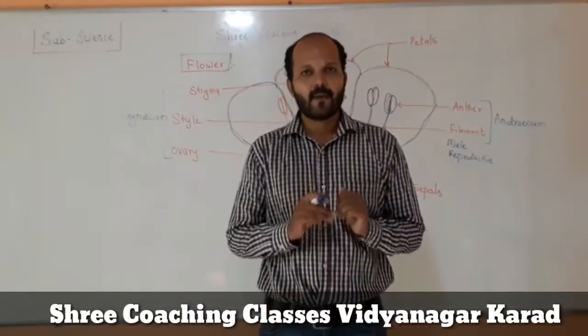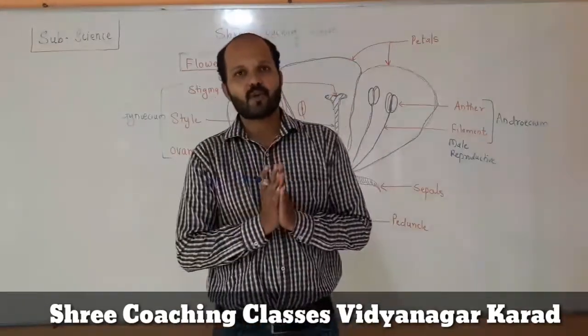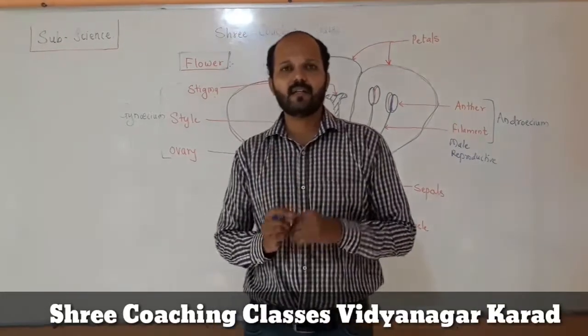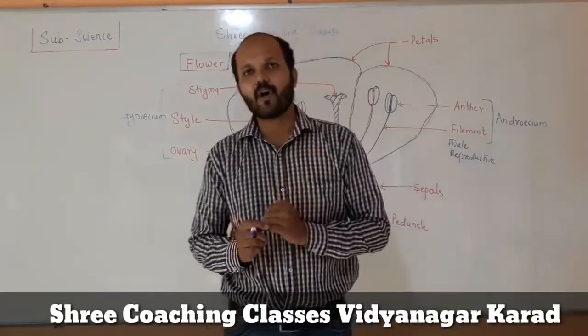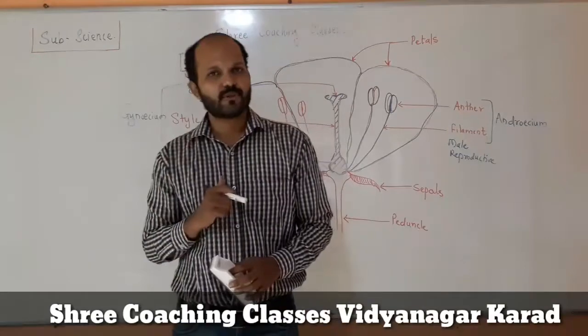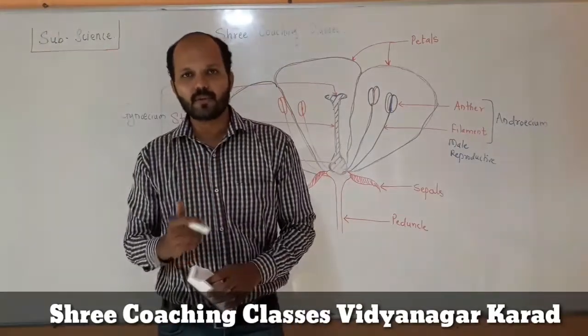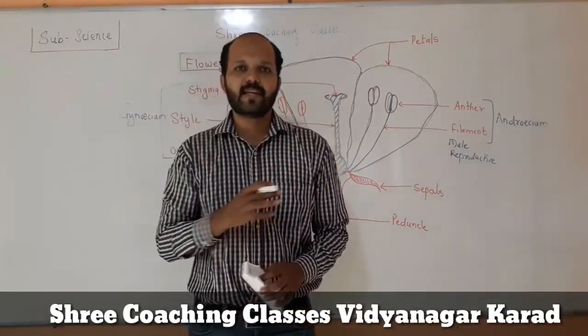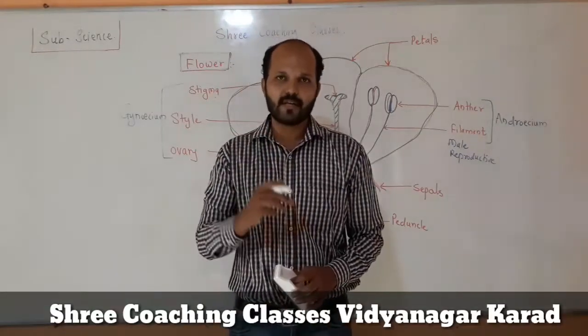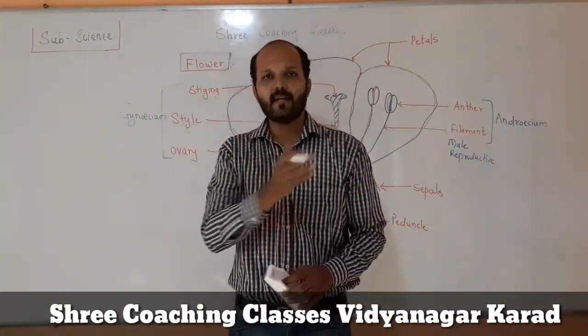In this way, we have completed today's topic. In this topic, we learned some basic concepts of the plant: root system and shoot system. The root system contains the root, and the shoot system contains the stem, leaf, flower, fruits and branches, and their detailed study.